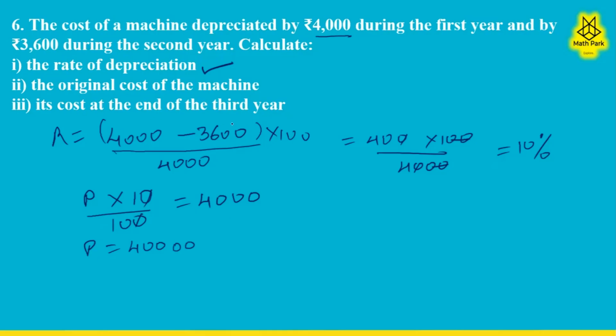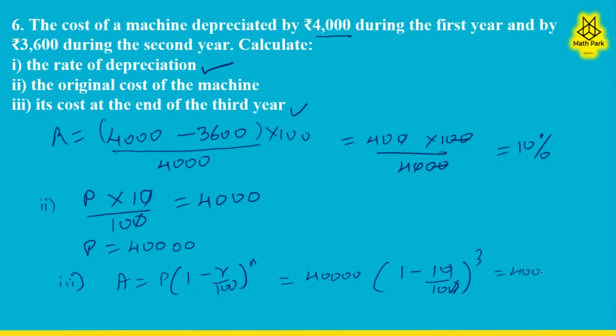Now we have to find the cost at the end of the third year. Here we will be using the formula that would be the easier one. For the third year, we use the rate of depreciation formula, that is A is equal to P bracket 1 minus R upon 100 raised to N. So N is here 3 years. Here the principal, that is the original amount, was 40,000 into 1 minus the rate, 10 upon 100, raised to 3. So 10 minus 1 is 9. So we get 40,000 into 9 cube,